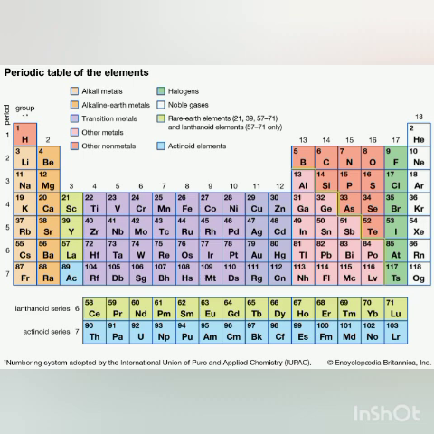It means the valence electrons are far from the nucleus. The nucleus is positively charged and the electrons in the valence shell, or the valence electrons, are negatively charged. So there is a strong force of attraction between the positively charged nucleus and the electrons. But as you go down the group, the number of valence shells is increasing.